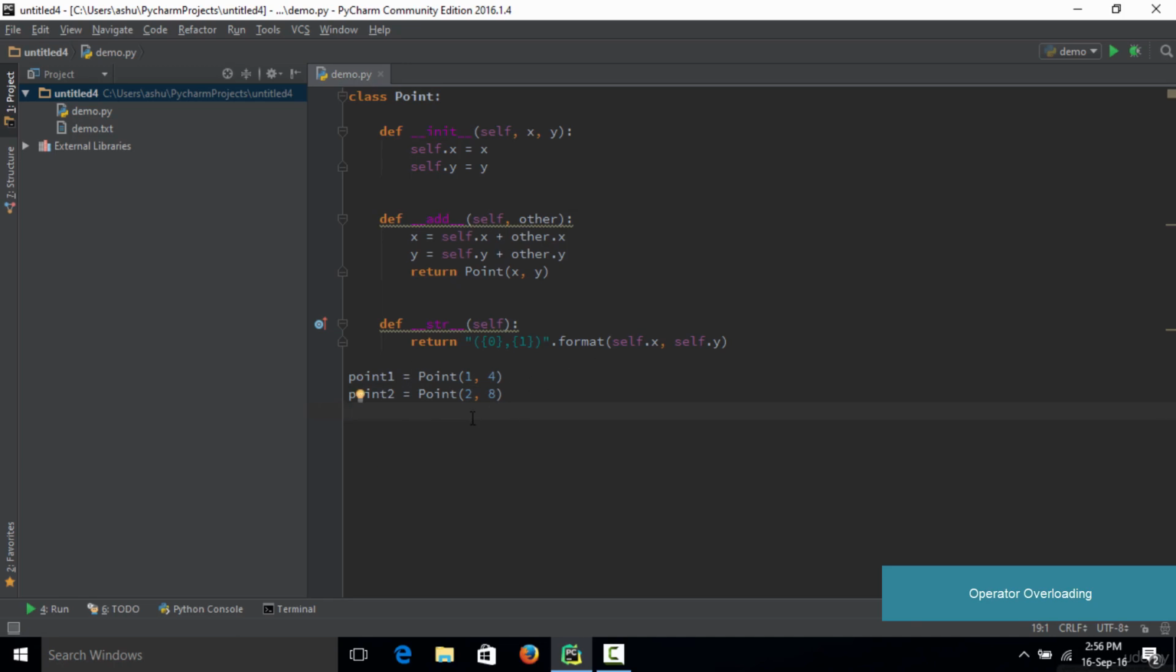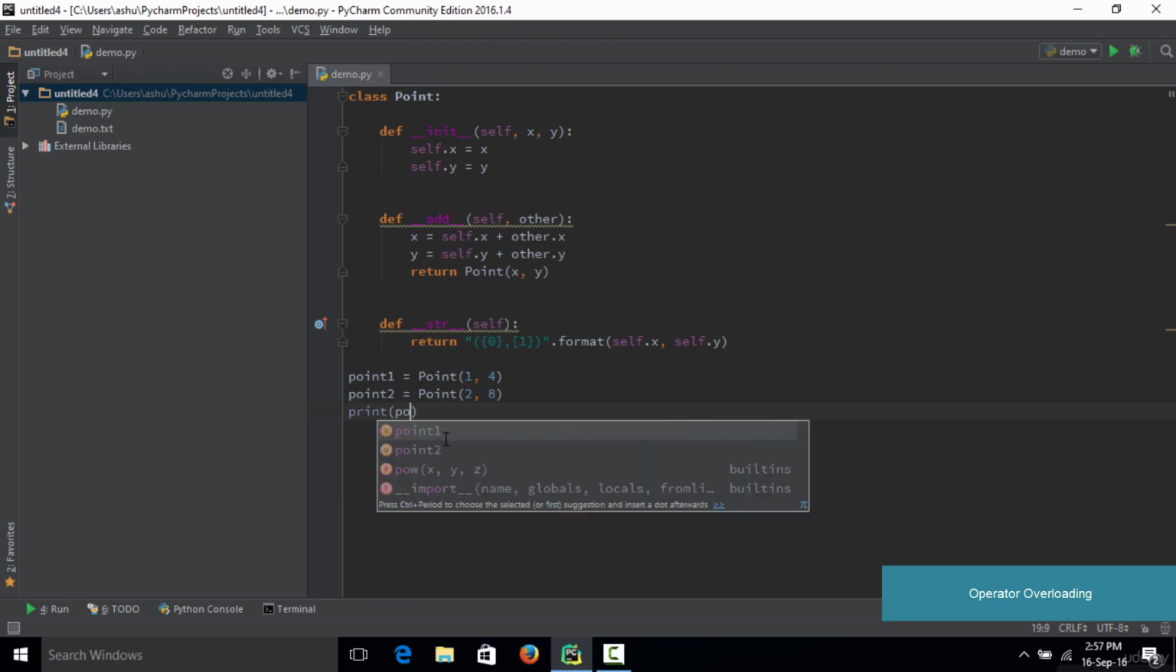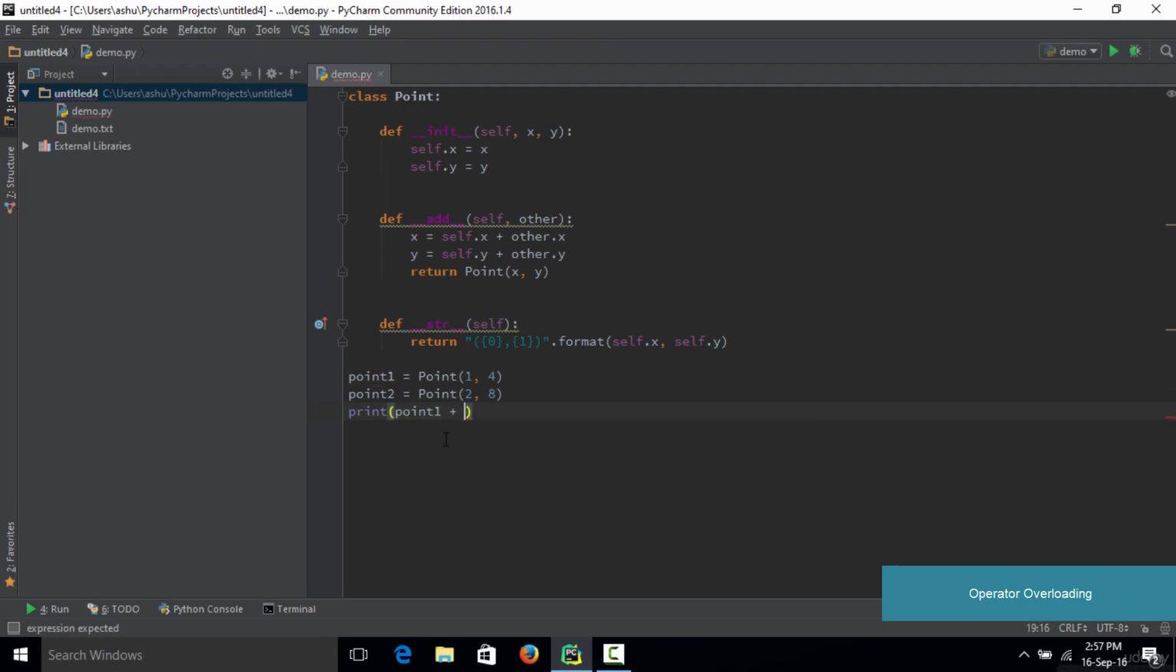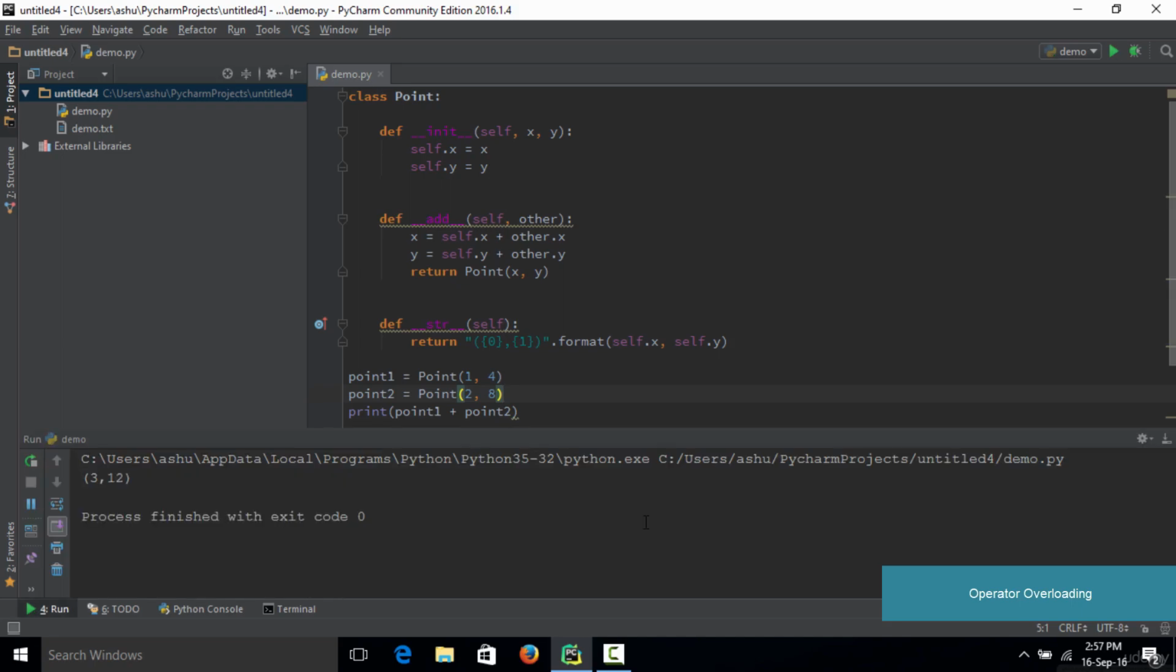So now once we have these two coordinates, the only thing we need to do is add point1 with point2 and print out the result. So we type print point1, use the plus sign, and then type in point2. So now the plus operator right here is going to get overloaded, and instead of performing the normal addition operation, it is going to perform the code which we have written right over here. So if we save the code and run it,